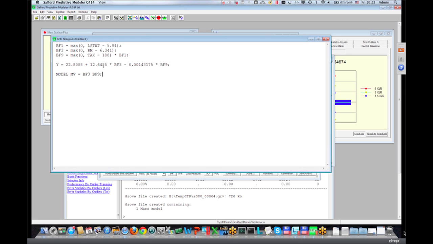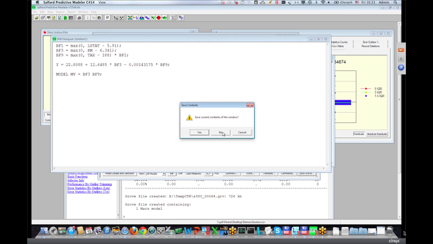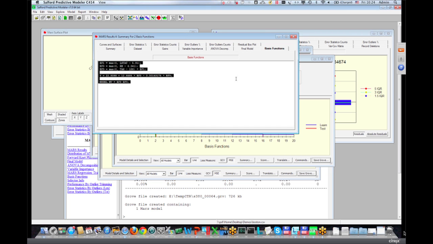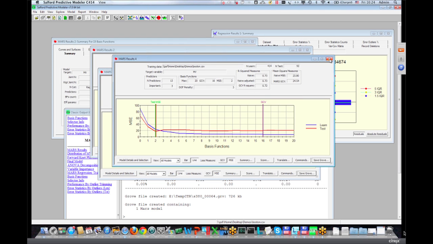And so that is the interaction that MARS chose there, and then with the backstepping, it ended up at this particular model. Okay, so you're always going to be able to look at the details of any model that we develop by clicking on that